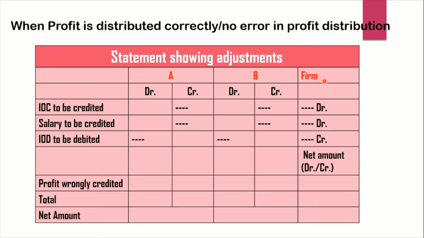And if I'm talking about the firm's account here, I'm actually talking about the profit and loss appropriation account. If I say firm's account, that means here it is the profit and loss appropriation account. Just recall that and have a picture in your mind of how the items are written in the P&L appropriation account. As I said, if there are three partners, we'll prepare three columns here, and every partner's account we have divided into two, that is debit and credit.